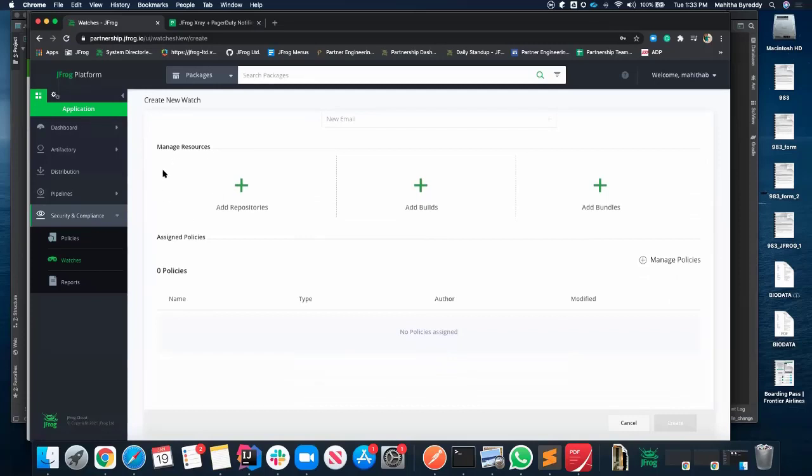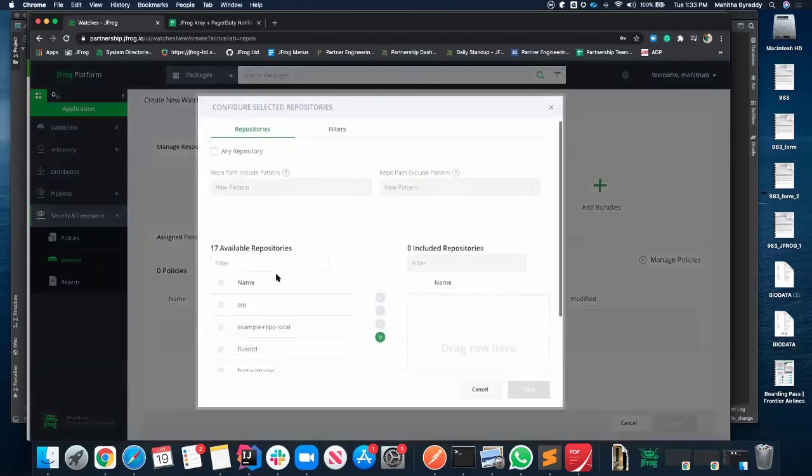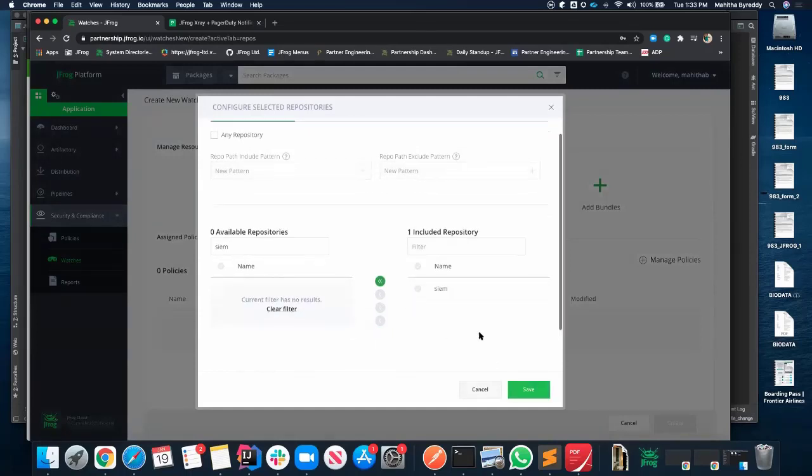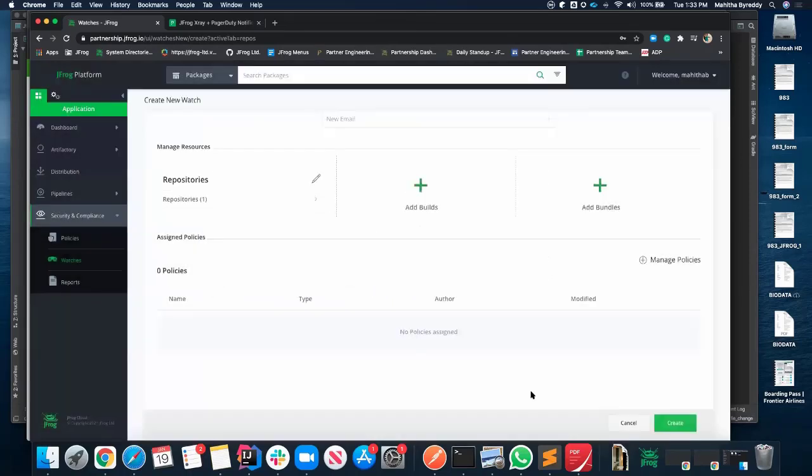The manage resources section has three options, which are to add repositories, add builds, or add bundles. Select the resource that you want to watch from the available resources. I'm selecting add repository here, and I'm pointing it to the SEM repo, which has some infected files that I want to scan. I'll select that, include the repository, and click on save.